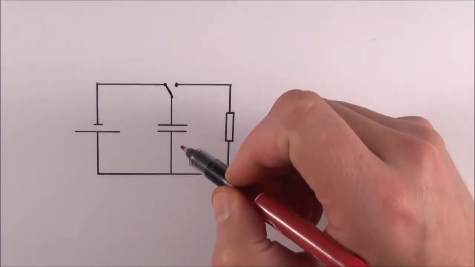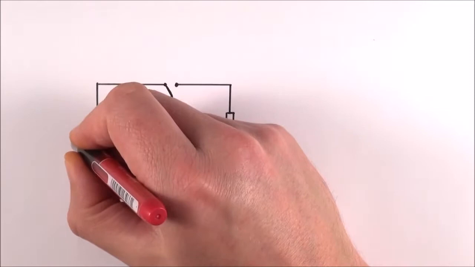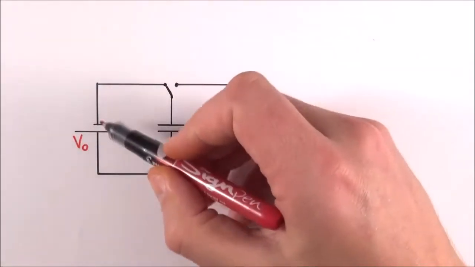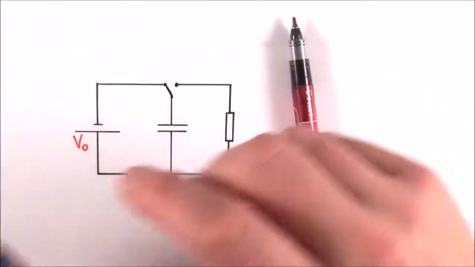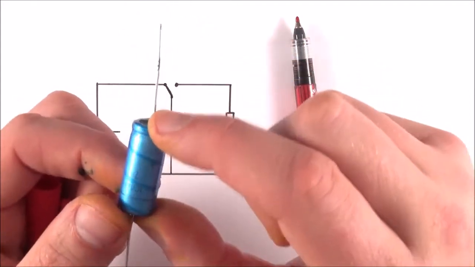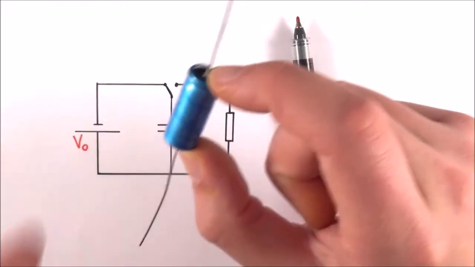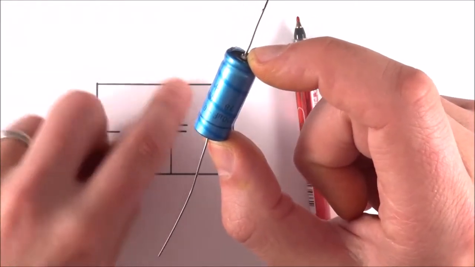Now this circuit here is very, very simple, and effectively what we have is our power source, which might have an EMF perhaps of, I'm going to call it V0, so that's V0, and maybe this is connected up with a switch to a capacitor. Now effectively if you have a battery and a capacitor, it's going to charge it up until the potential difference across this component here is equal to the potential difference across that. And that's just from Kirchhoff's second law, saying that the EMF is equal to the PD around that closed loop